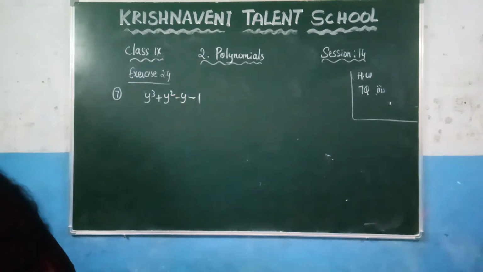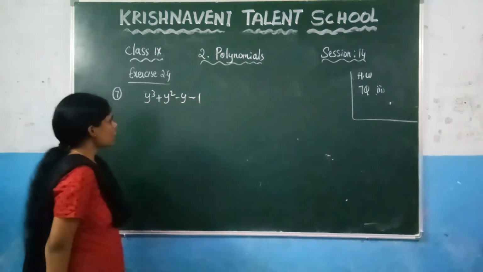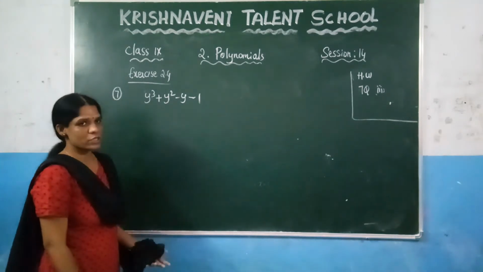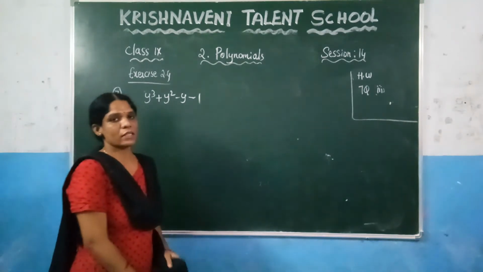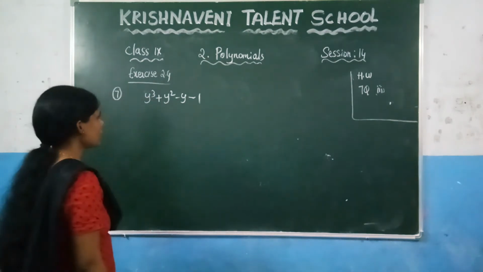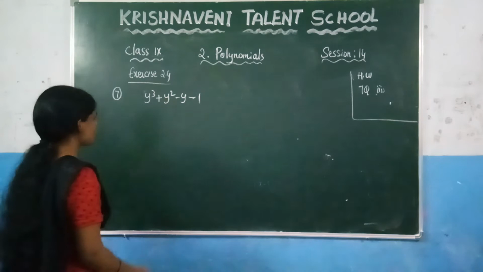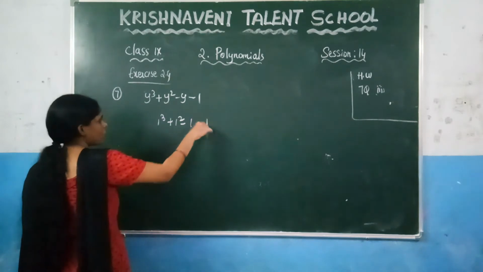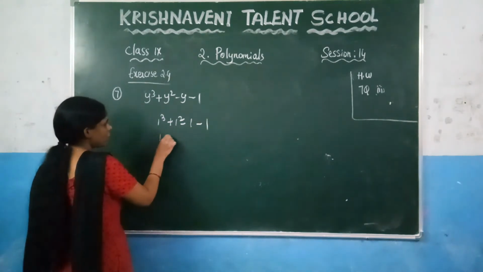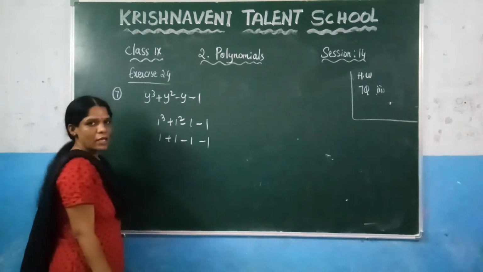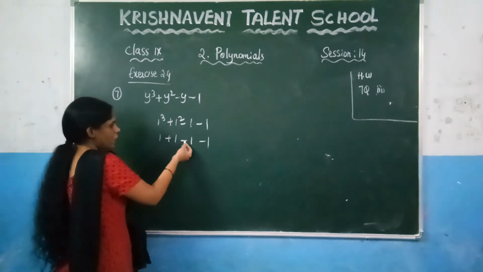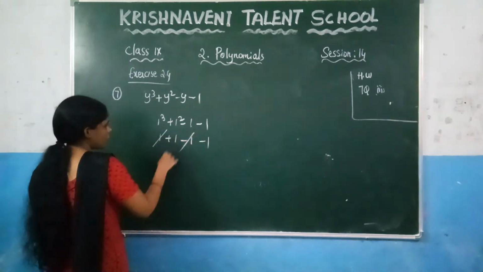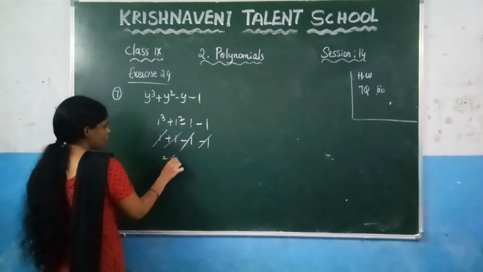Again they have given here a cubic polynomial. You need to factorize and write this cubic polynomial as a product of three linear factors. For that you need to check for which value of y you are getting the result as 0. So check here. First you need to check at 1. Put it here, what do you get? 1 cube plus 1 square minus 1 minus 1. So what is the value? 1 cube, 1 plus 1 minus 1 minus 1. You know that 1 plus 1 is 2 and minus 1 is not 2, which gives you 0. Otherwise plus 1 minus 1 will get cancelled, and here plus 1 and minus 1 will get cancelled. You will get the answer as 0.